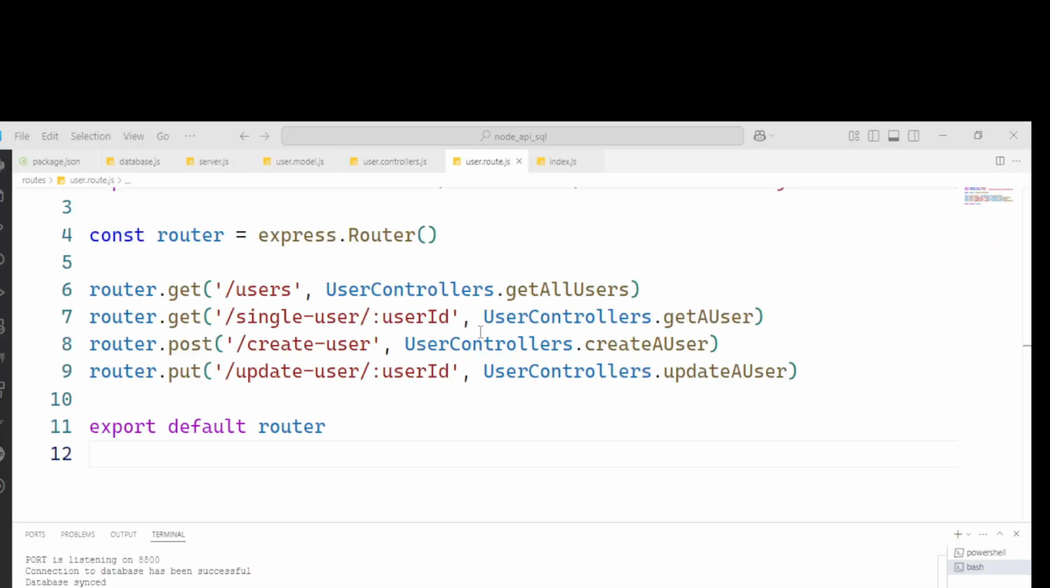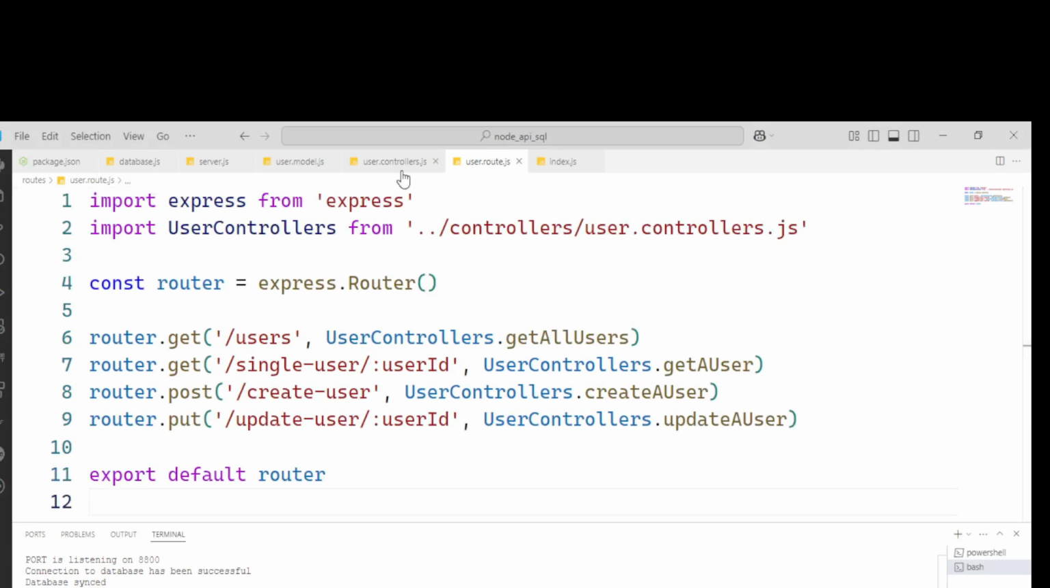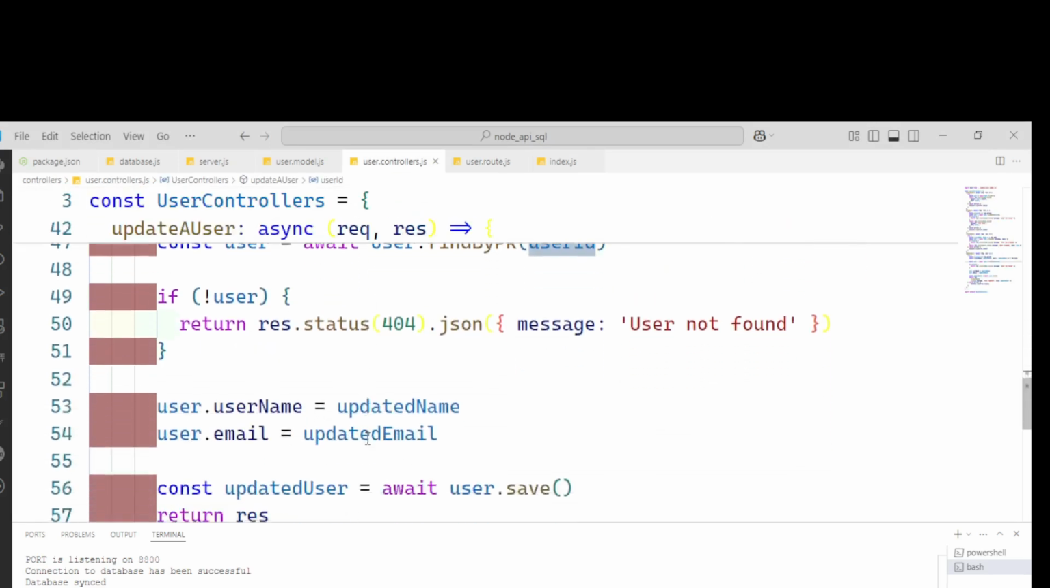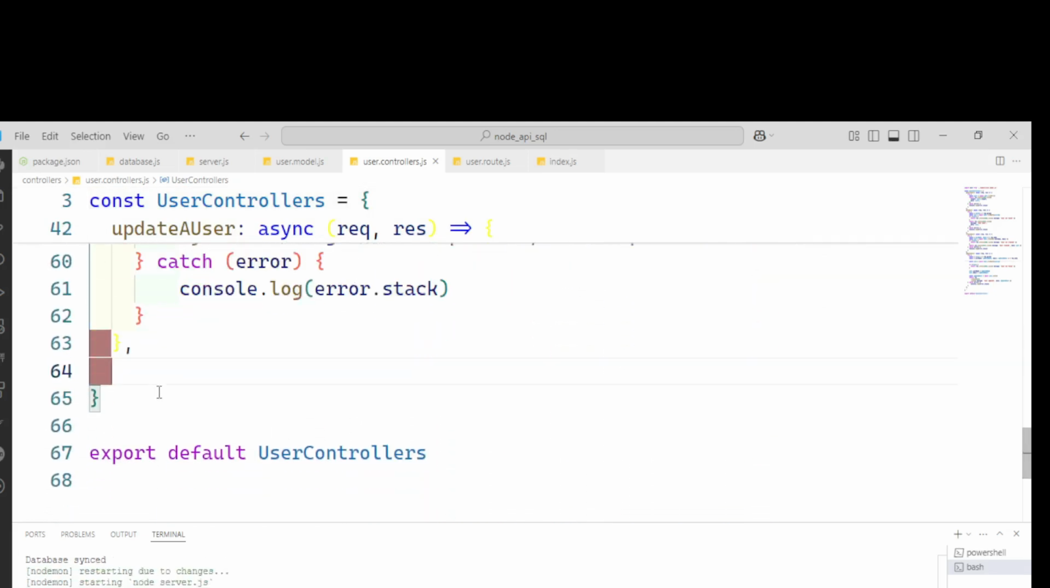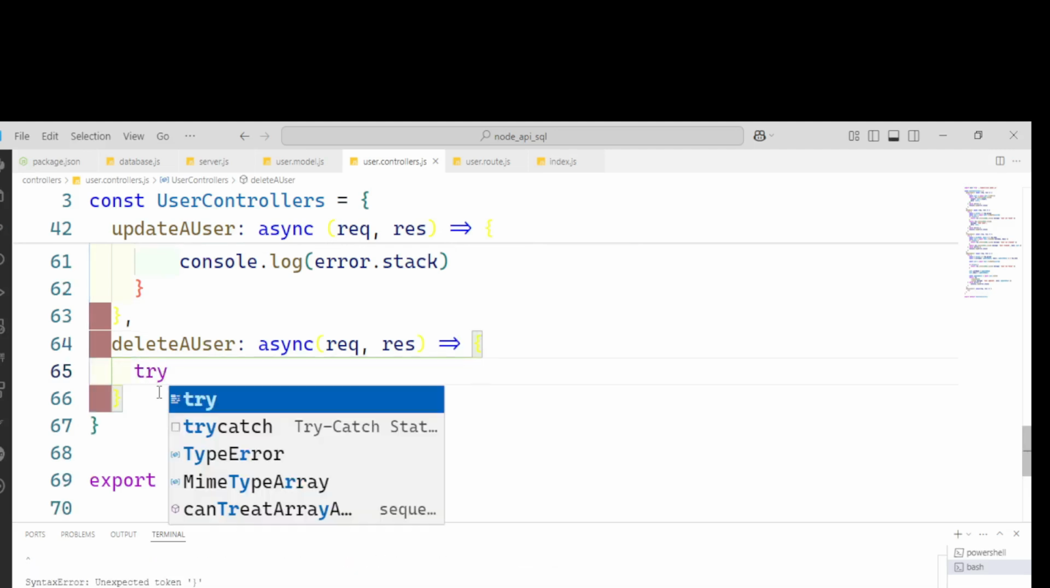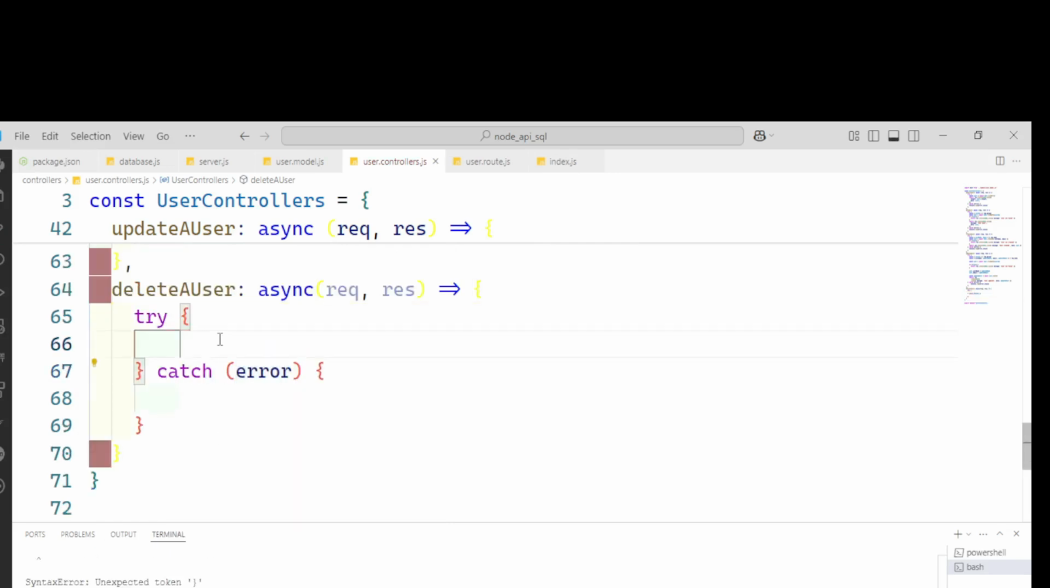The next thing we want to do right now is to come over to the user router as well and create the last one, which is the delete operation. So for us to be able to create the delete operation, we're just going to say delete a user. To that one as well, we're going to follow the same pattern. That is, we're going to get the parameter of the user we want to delete. So req and res, and then let's create a try and catch block right here. In this scenario, we are going to be getting the user ID, and that is